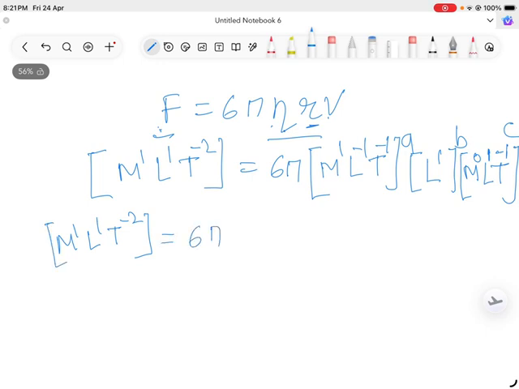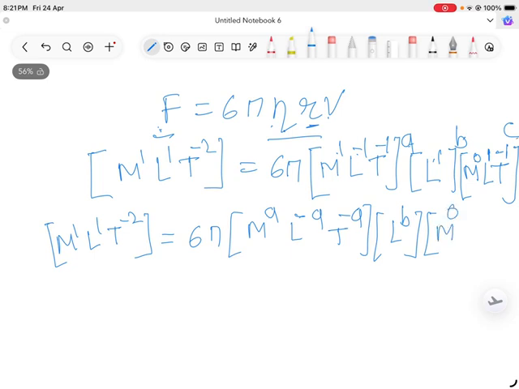इकडची साइड अशीच्या अशीच ठेवायची. Now solid, what happens? 1 into A, that gives M raised to the power A, minus 1 into A, that is L raised to the power minus A, T raised to the power minus A, L1 into B, that is L raised to the power B, and again add here M0 into C is 0, then later on 1 into C, that is L^C, minus 1 into C, that is T raised to the power minus C it is. So here 6 pi is constant.